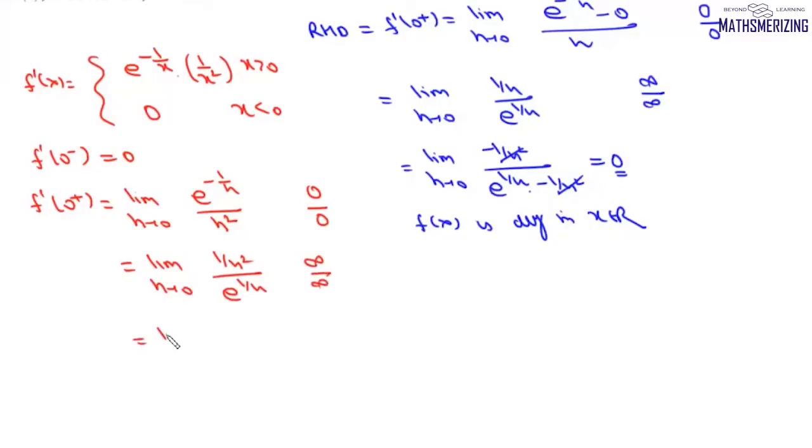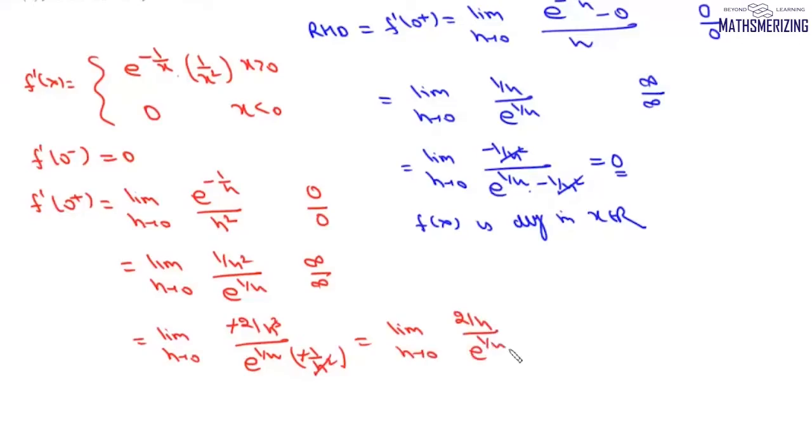form. We can write this as limit h tends to 0, and L'Hopital gives minus 2 upon h cube e to the power 1 upon h and then minus 1 upon h square. This minus and minus will cancel. H square will cancel. We can write this as limit h tends to 0 2 upon h e to the power 1 by h, which again is infinity upon infinity